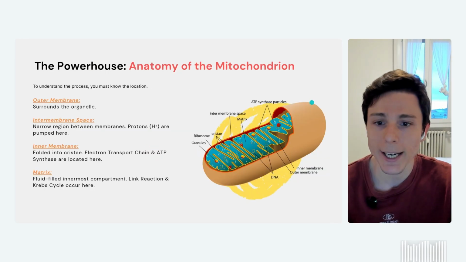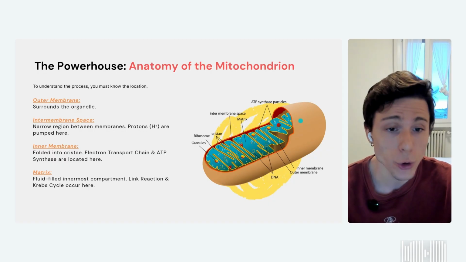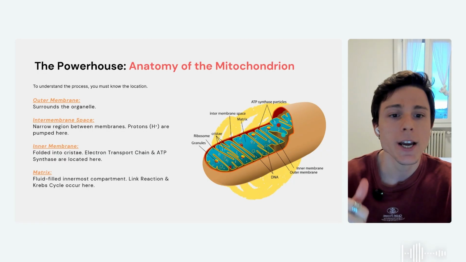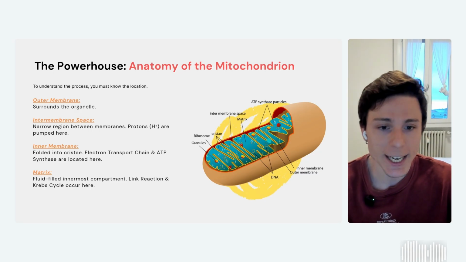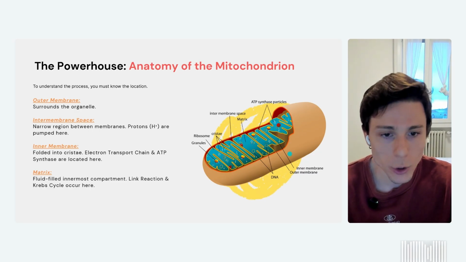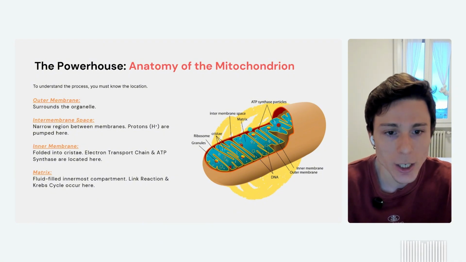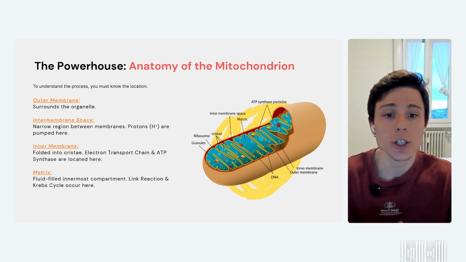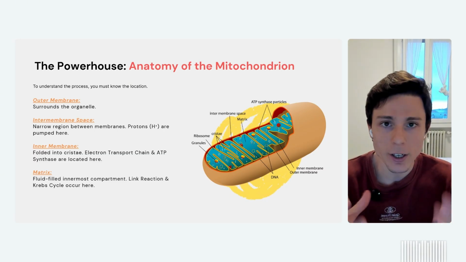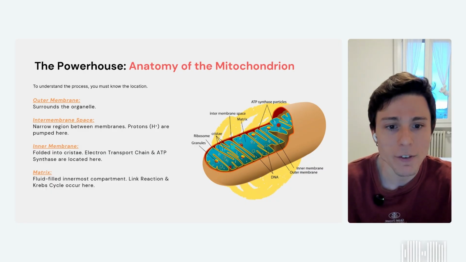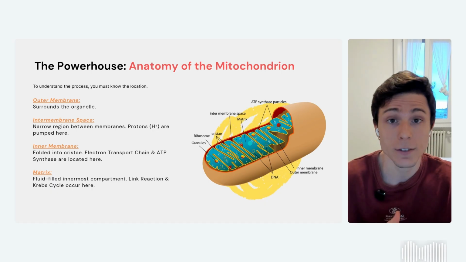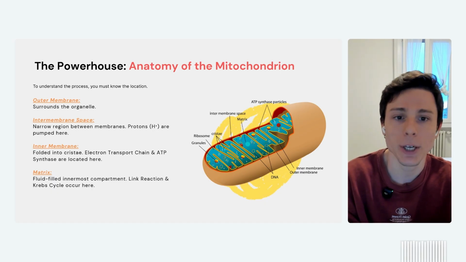Just a little throwback about the mitochondria. Remember, this is an important organelle that has some resemblance with bacteria. For that reason, it has its own DNA. It's going to have two membranes, one outer membrane and one inner membrane. As you can see here, it's kind of a little bit wrinkled, so we're going to have these cristae here. That is going to be important to have more area of contact, because right here we're going to have important proteins that are going to be responsible for the oxidative phosphorylation. That's the final step in our cell respiration.